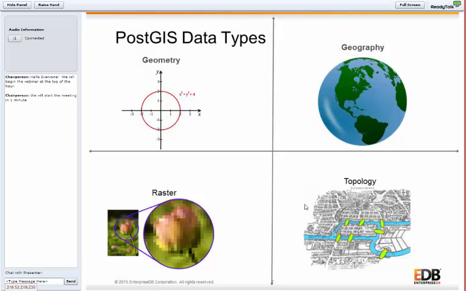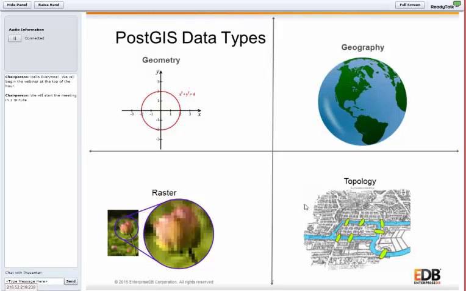But if you're dealing with distances on a global scale and have data that covers the poles and crosses the dateline, you'll want to use the geography type in that case. And with Postgres, you can also cast to and from geography and geometry. Geometry is usually sufficient for local governments and regional data sets.